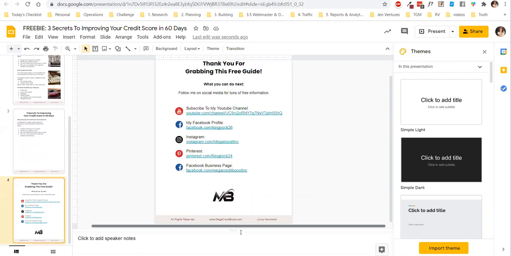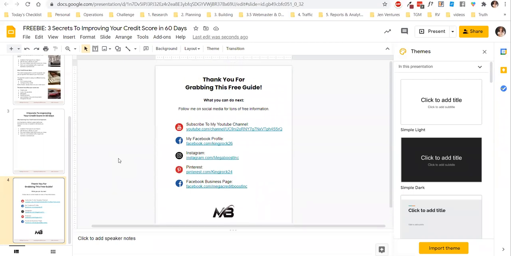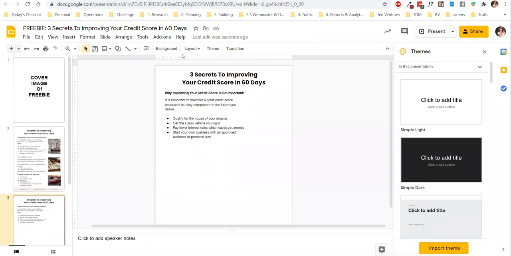Sometimes you can even sneak the logo into the footer. If you make it really tiny, sometimes it'll look really good. And okay, so that's a decent thank you page for day one, again, until we take it to the next level, the next level, the next level. Now let's go ahead and head over to Canva,